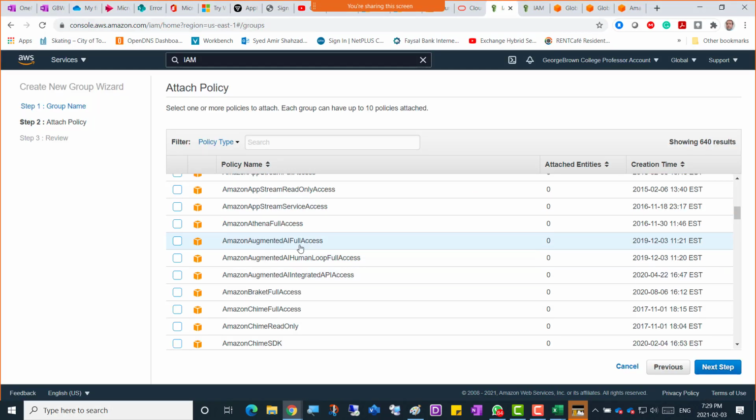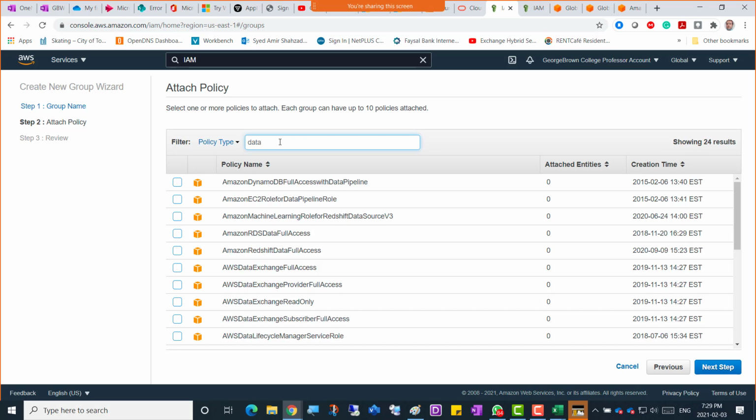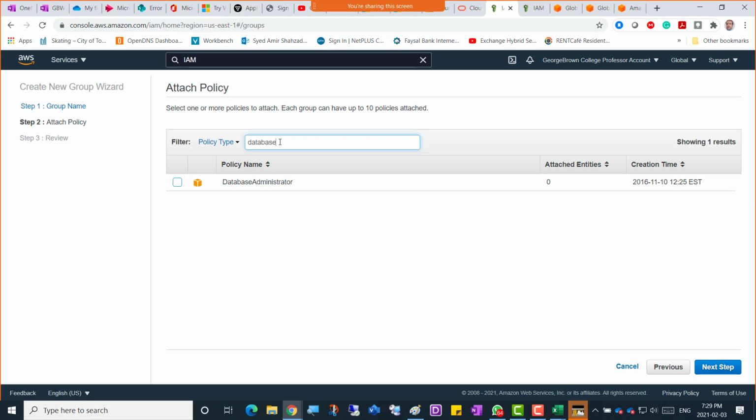Okay, so what we can do, this is the group that gives you certain kind of permissions here. So let's just type here database. As soon as you type database in the policy type search area,